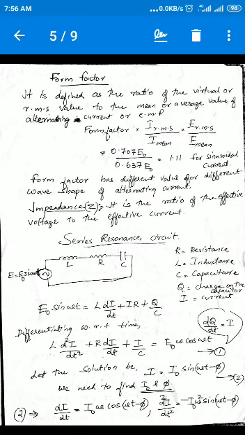And again, one more time you take the differential, you will get d square I by dt square. The differential of cos omega t minus phi is minus sin omega t minus phi into omega. So it will be minus I0 omega square sin omega t minus phi. Now we have all the values: I, di by dt, and d square I by dt square, and all these values we need to substitute in equation 1.